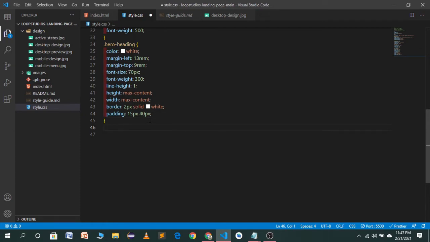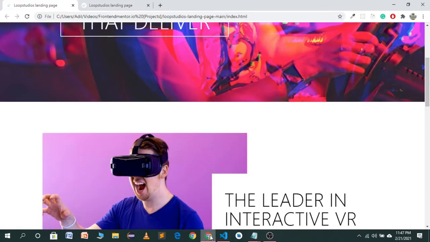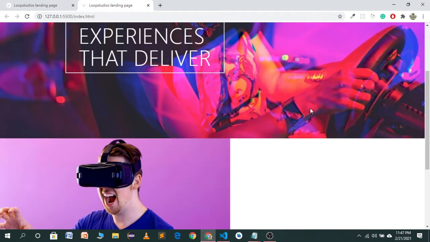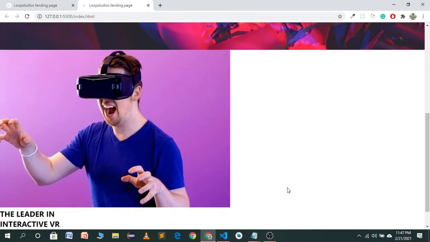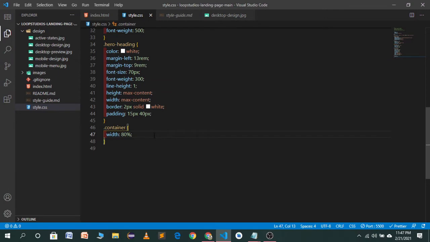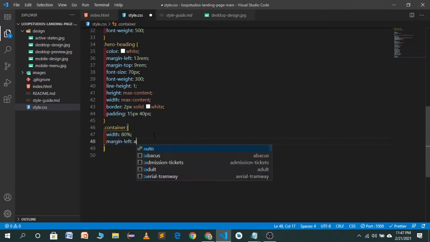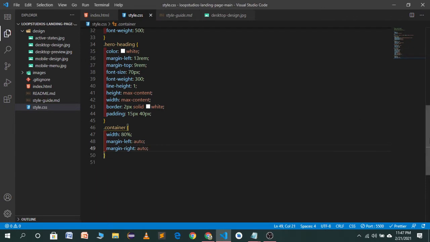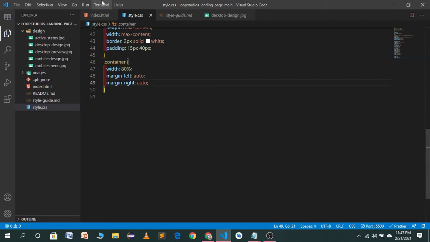Here I will target this container, give it a width of 80%, save it, and we will use margin left of auto and margin right of auto to bring all the container in the middle.